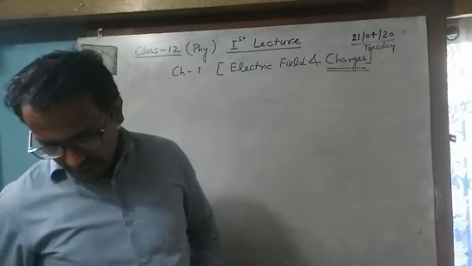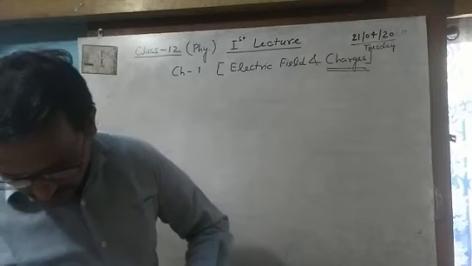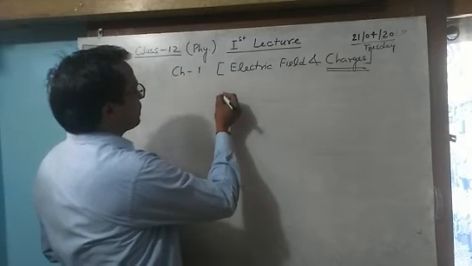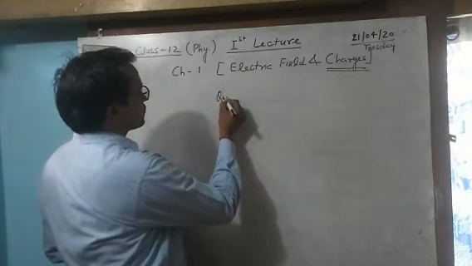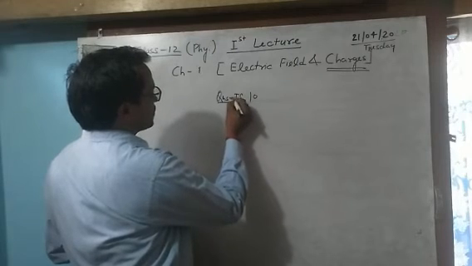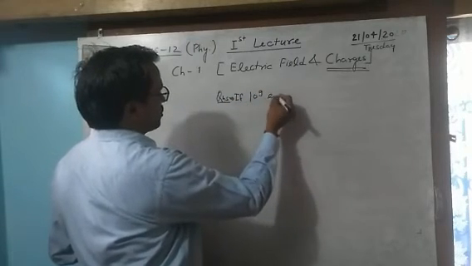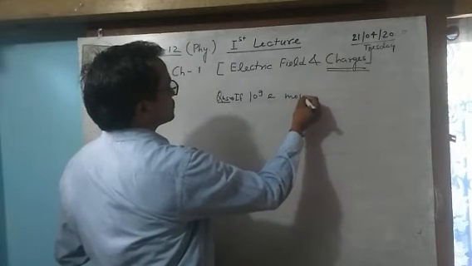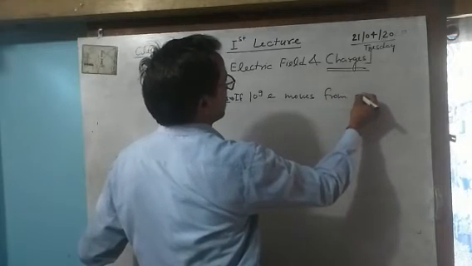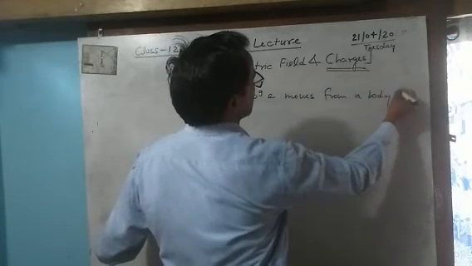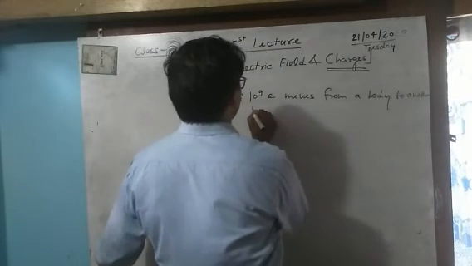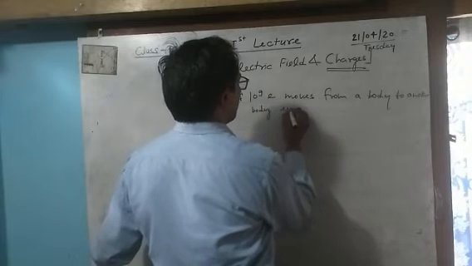If 10 to the power 9 electrons moved out of a body to another body every second, if 10 to the power 9 electrons move from a body to another body every second,